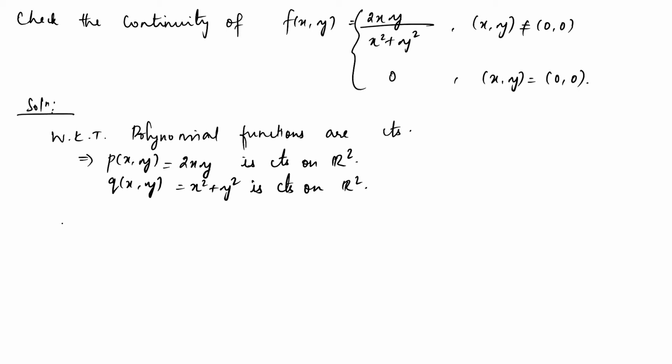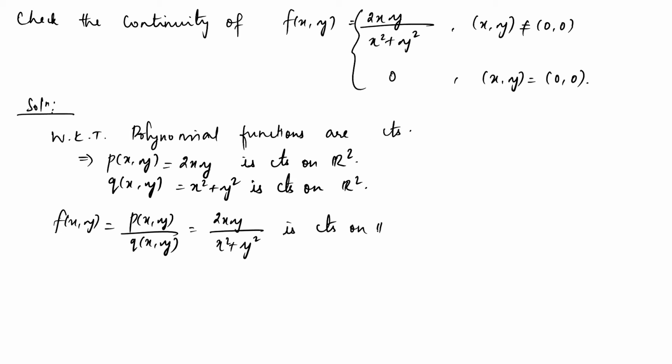Now you make the function f of xy as the ratio of p of xy upon q of xy, which is 2xy upon x squared plus y squared. This is continuous on R2